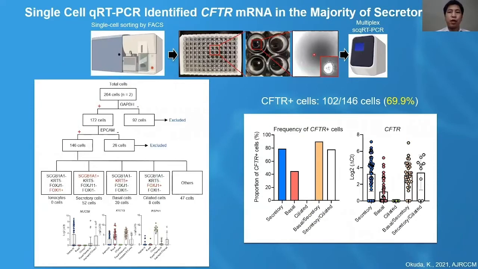Further, we utilized single-cell qRT-PCR to quantify CFTR expression in each airway epithelial cell type at single-cell level. So we performed a single-cell-based multiplex qRT-PCR. After QC, 146 cells were classified into secretory, ciliated, basal, or other cell types depending on marker expression. We identified CFTR expression in 70% of epithelial cells studied, which is more consistent with single-cell RNA in situ hybridization